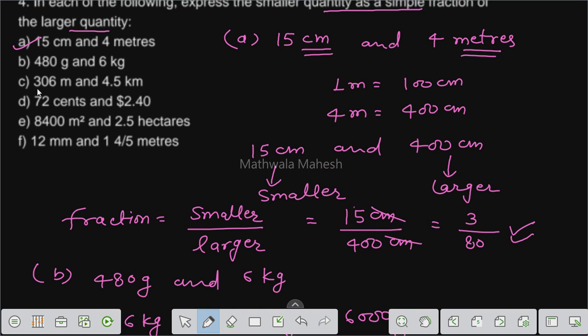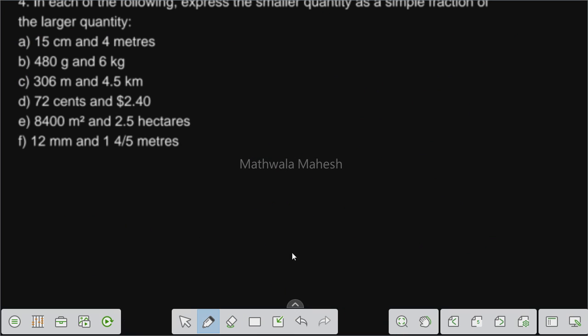Now you can do this question by yourself. 4.5 kilometer is 4.5 into 1000 meter. Okay, and I'm doing the D part, which is